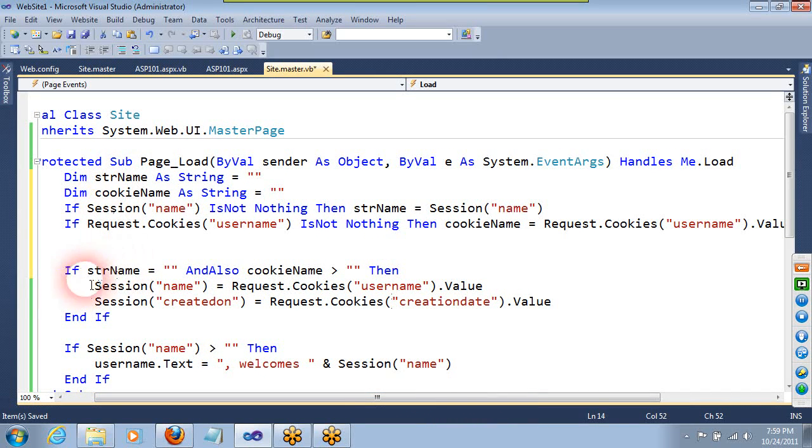Now I could have made this if statement very, very long. Instead of string name, there are a lot of ways I could do this. The problem with doing it that way is if I still have a problem, I'm going to have a very long line of code, and it's going to tell me there's a problem on that line, but it's going to be really hard for me to narrow down where the problem is. Whereas if I break out what I'm trying to do into steps,